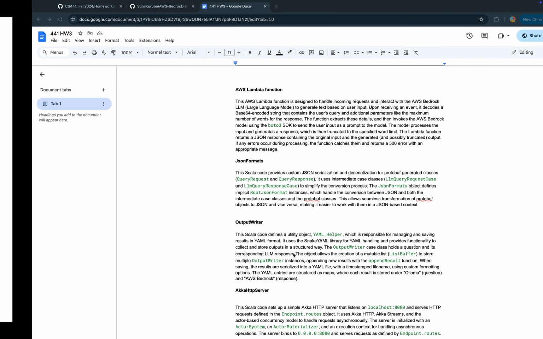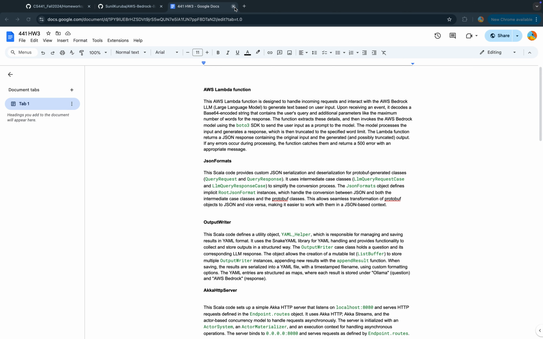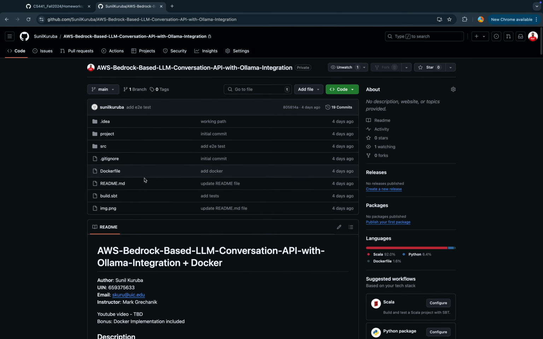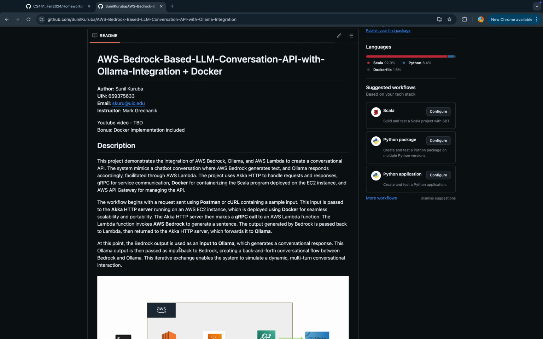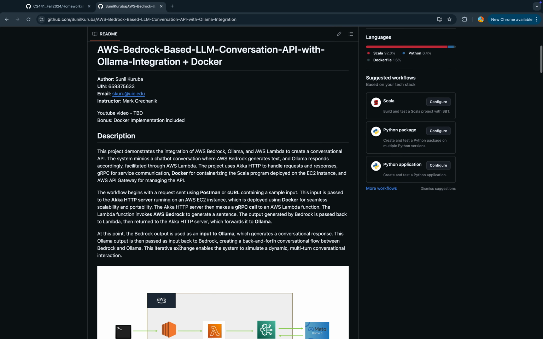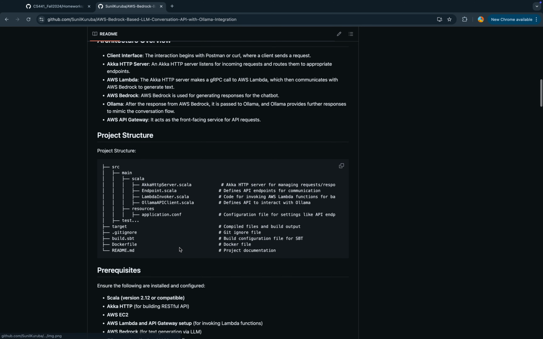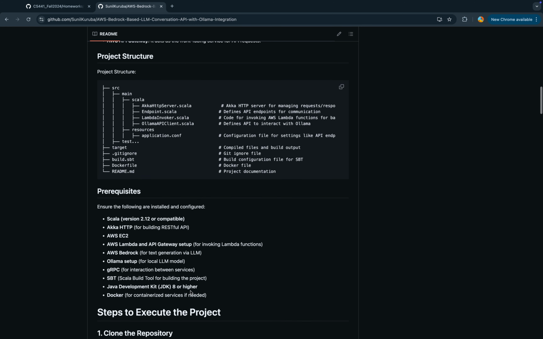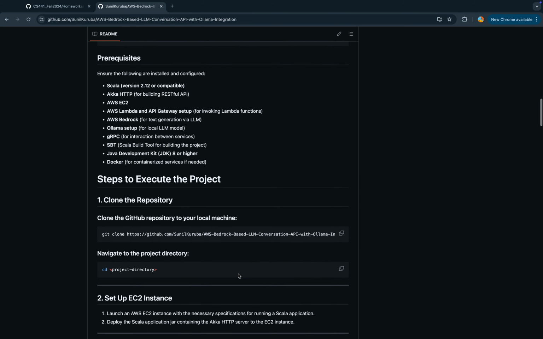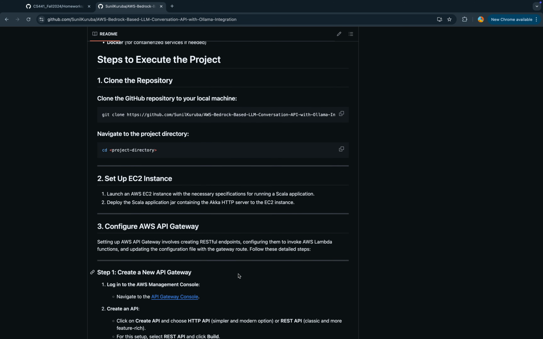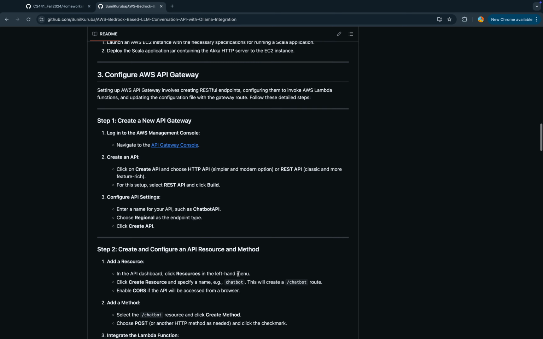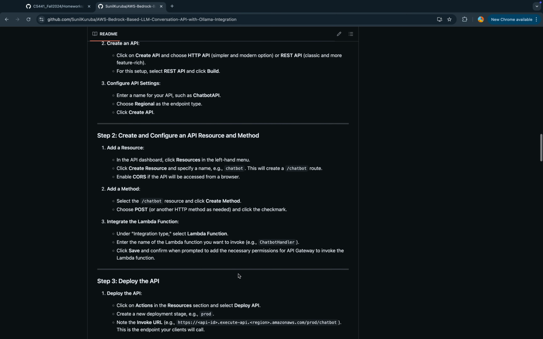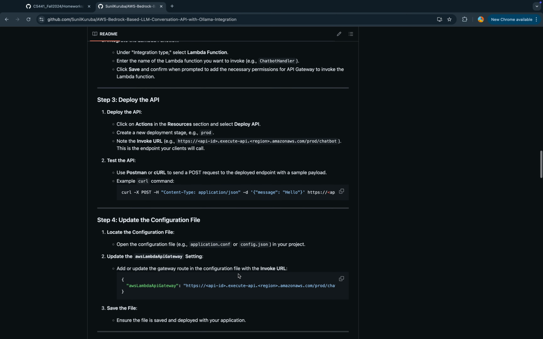Let's look at the demo. We have two demos, one locally and one with Docker. So this is our GitHub repo. I have written all the required information. We have the description, architecture overview, project structure, prerequisites, and steps to execute the project locally. So how to configure the gateway API, how to deploy the API,